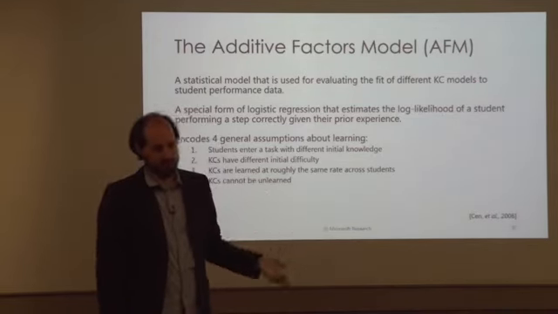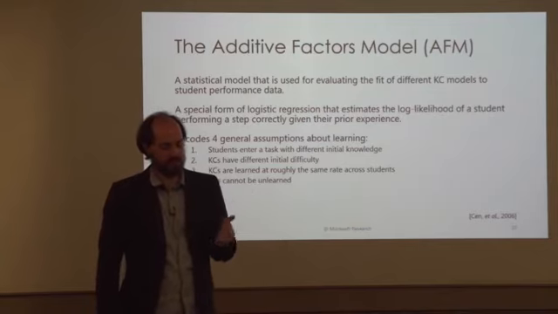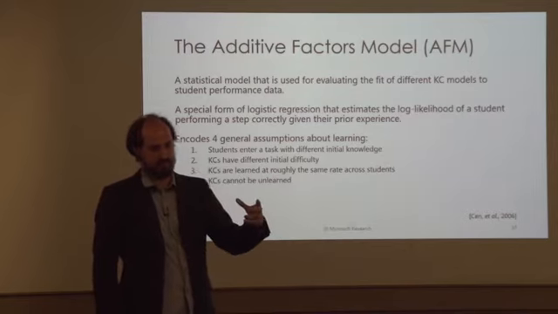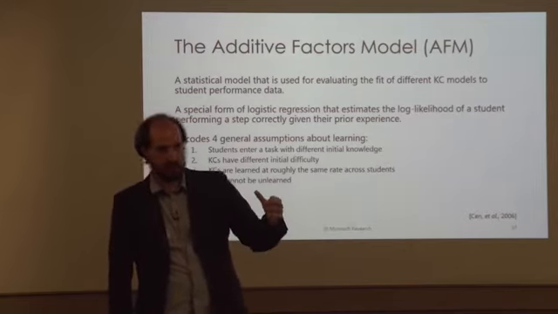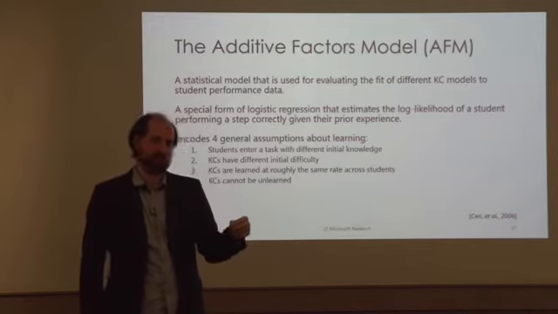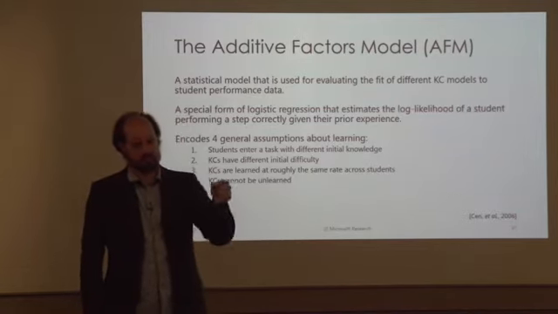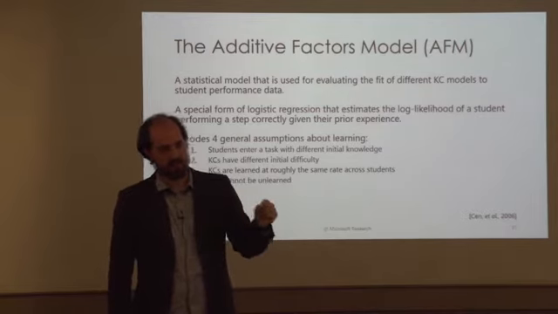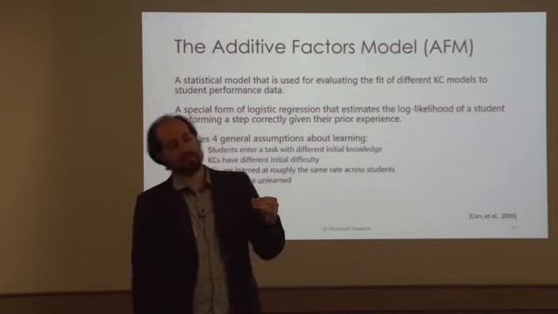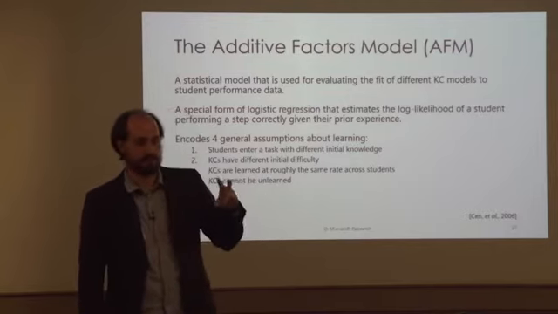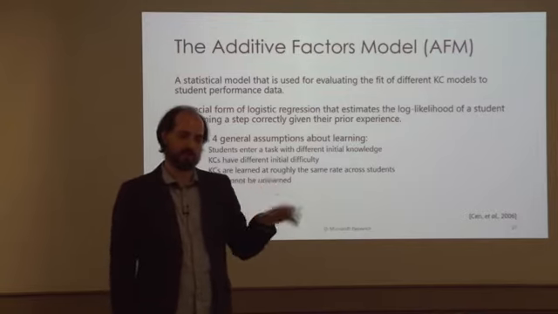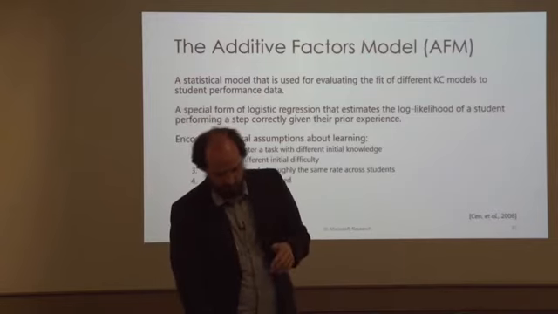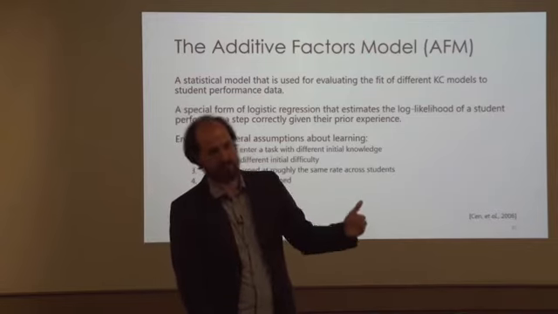Now, of course, there's forgetting in the world. But what's important here is we make the assumption that in working with a task or a piece of instruction, students are learning something. It might not be the thing we thought they were learning, but we want to assume they are learning. So what you're trying to do is find a KC model that makes it look like they are learning. If you relax that constraint and you have a bad KC model, you can get free model fit by allowing things to swing around more. So it's a constraint intended to hamstring overfitting.